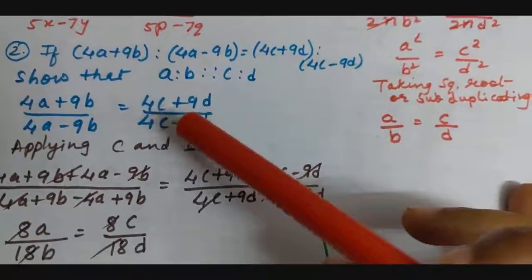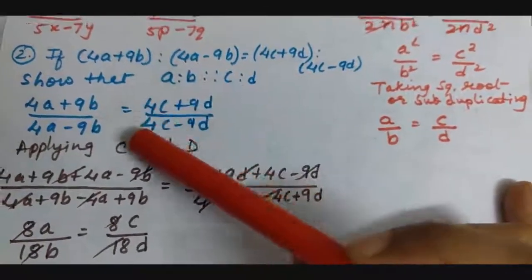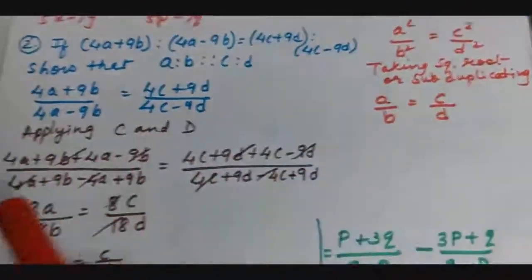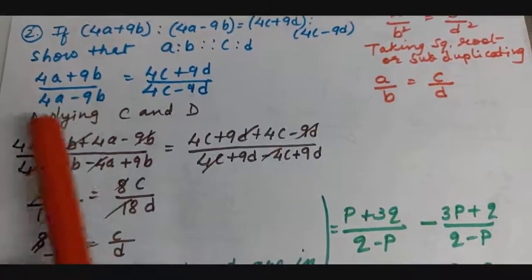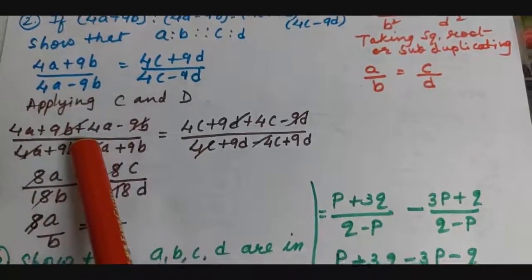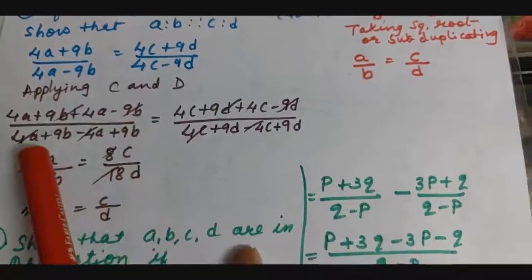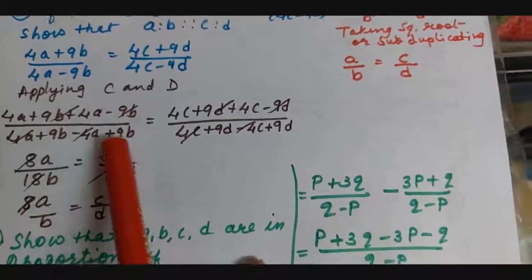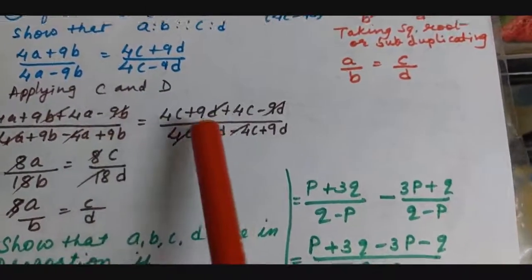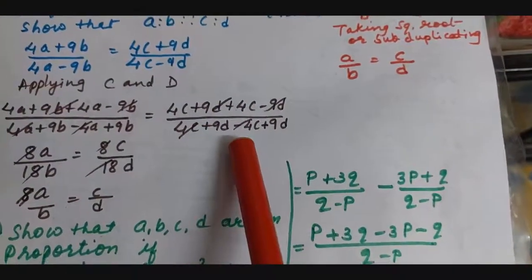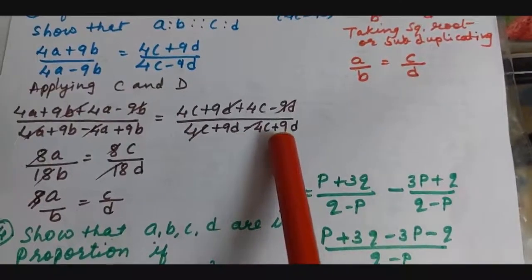Okay. So first of all I have written our result in fraction form, you can see. Now applying componendo and dividendo on both the sides. That is, numerator plus denominator and numerator minus denominator. When we take minus, the sign changes. Again here numerator plus denominator, numerator minus denominator, again the sign changes here.